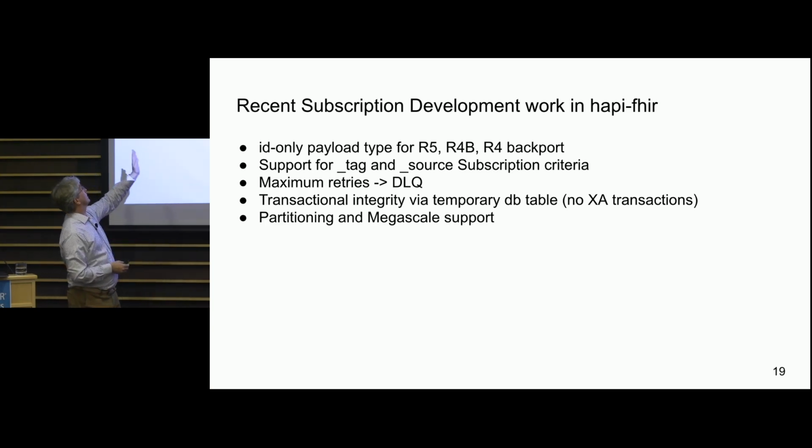And customers have asked for a maximum number of retries in a dead letter queue. So that's supported. That was built fairly recently. Transactional integrity. HAPI FHIR does not have XA transactions, but you can imagine the notification off to another system